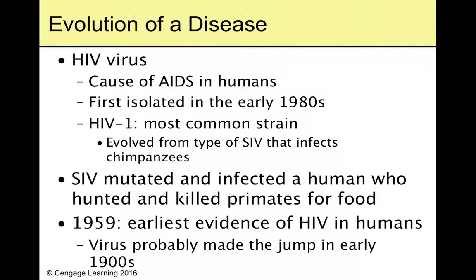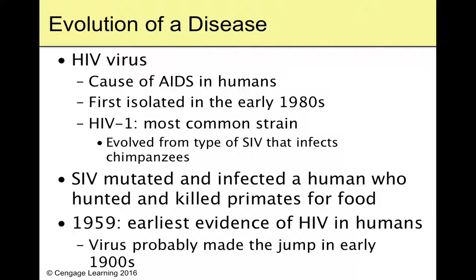So your book starts with HIV as its example of a very well-known virus. HIV causes AIDS. That's acquired immunodeficiency syndrome in humans. And HIV is human immunodeficiency virus, I think. I might be wrong about the I, but I'm pretty sure that's what that means. So we first isolated this guy in the 1980s, and we have HIV 1 and 2. 1 is the most common strain. We have to give them sort of letters and numbers for names because we cannot give them genus species names because they're not technically alive. So we have to use this.